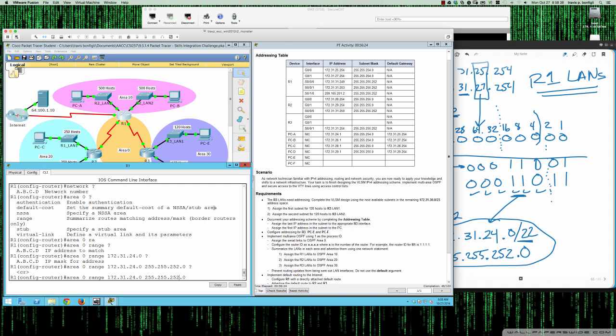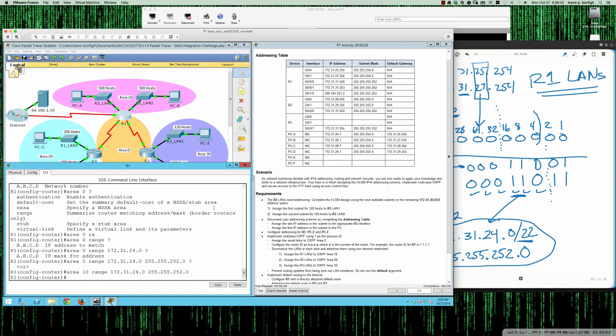And that's actually going to be area 10. So I'm going to hit enter, and let's see if we've got that right. So we did get that correct. All right, so again, quick key to remember here is when you're doing summarization in OSPF, we did it